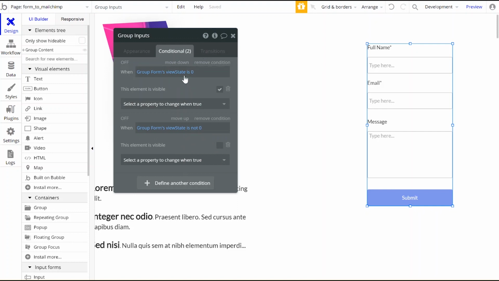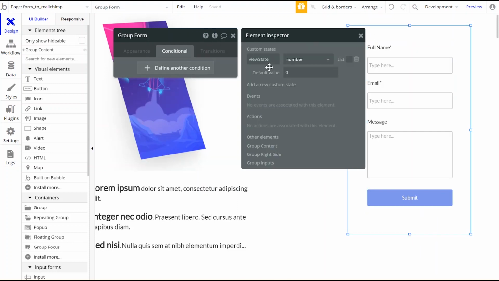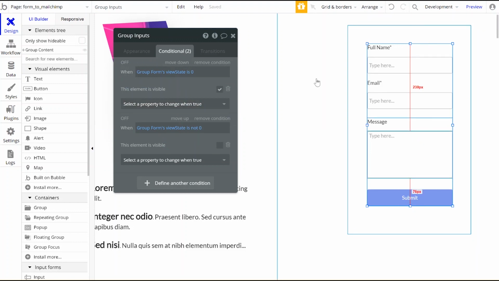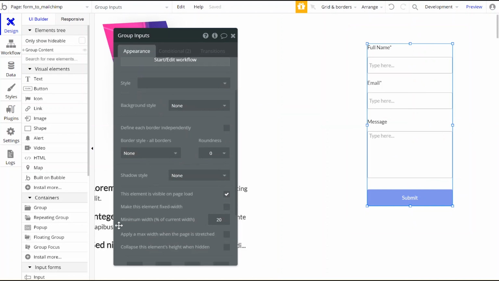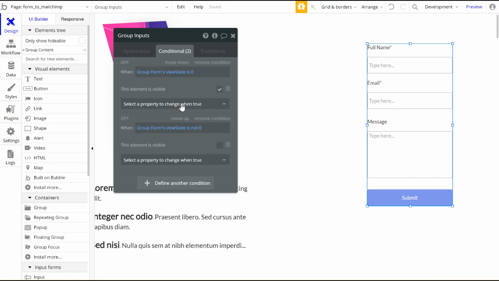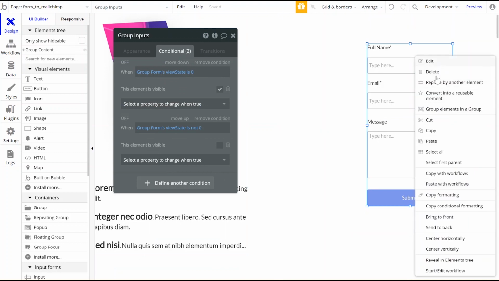All right, and again, if you recall, this group form has that custom state we just set up whose default value is 0, and that's what we're saying will control the visibility of all these inputs here. Okay, and under the appearance, we're going to look for this option that says this element is visible on page load, and deselect it. We're doing that because the conditions here will control the visibility. Okay, so go ahead and right click the group inputs, copy it,